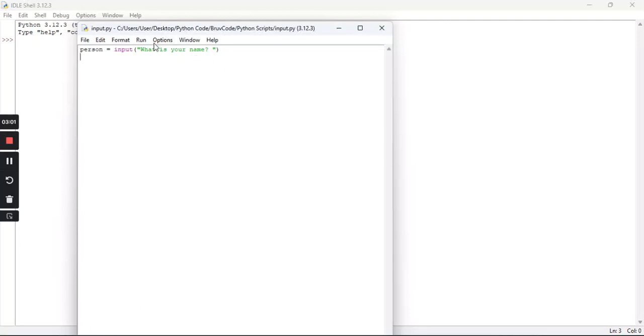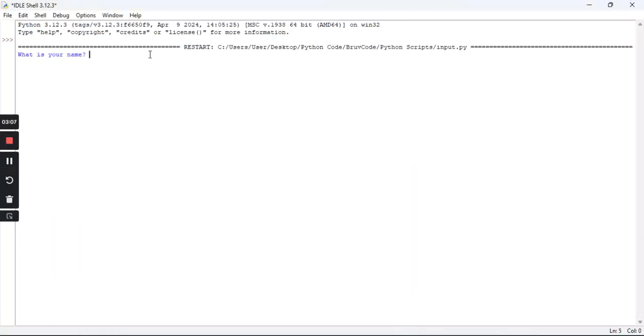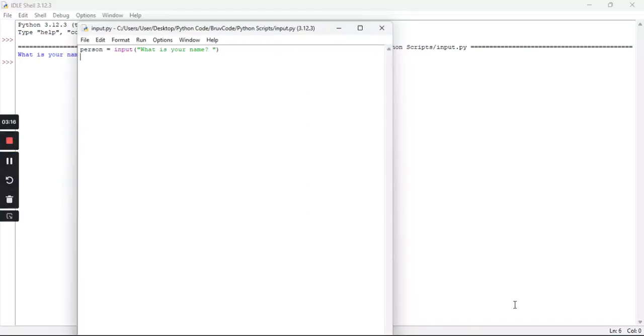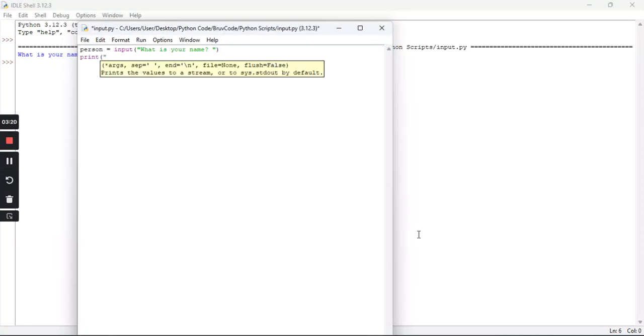I'm going to save and now run, and you want to run module. You can do this by F5, but let's run module. As you can see, it asks you for the name, so I just type Federico. As you can see, it has done nothing. And now you probably want to print hello. So let's say print hello